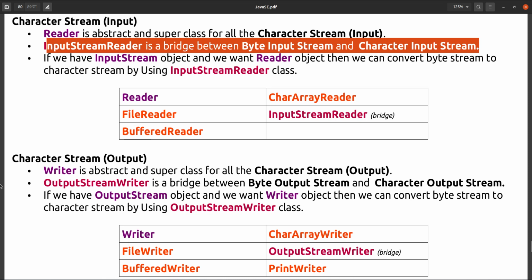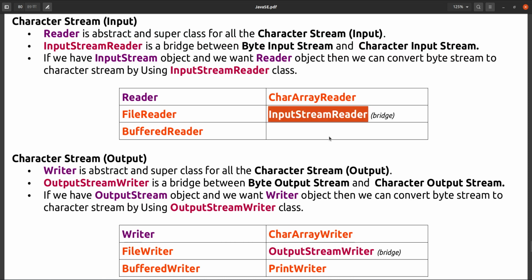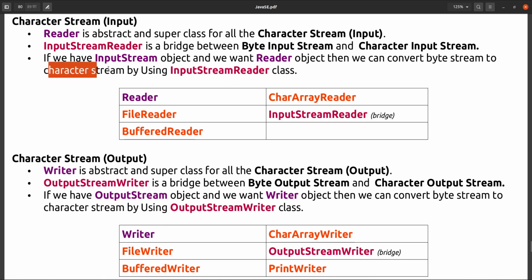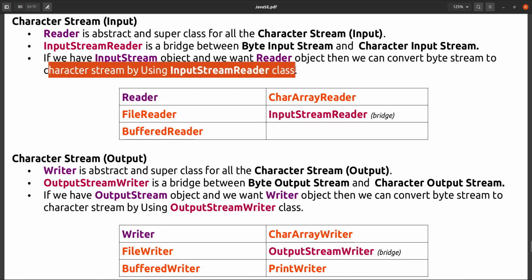So you have to use this InputStreamReader. Using this, you can convert, if you have an InputStream object and you want a Reader object, then we can convert byte stream to character stream by using the InputStreamReader class.